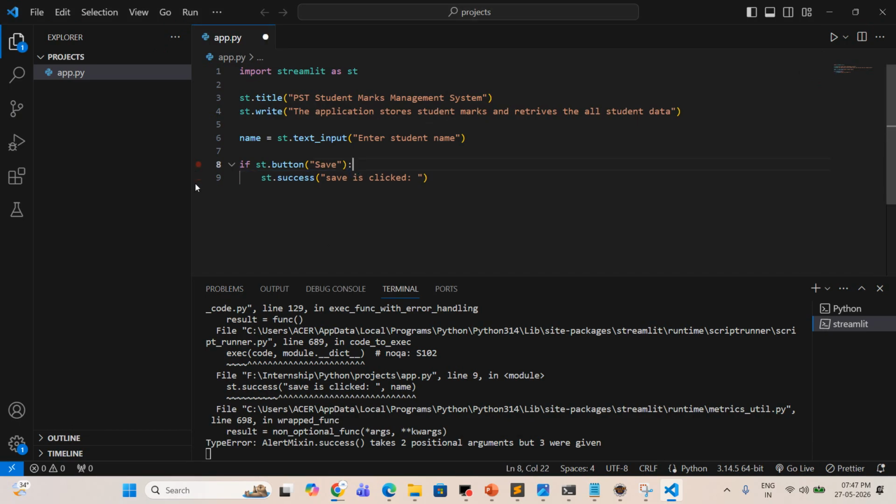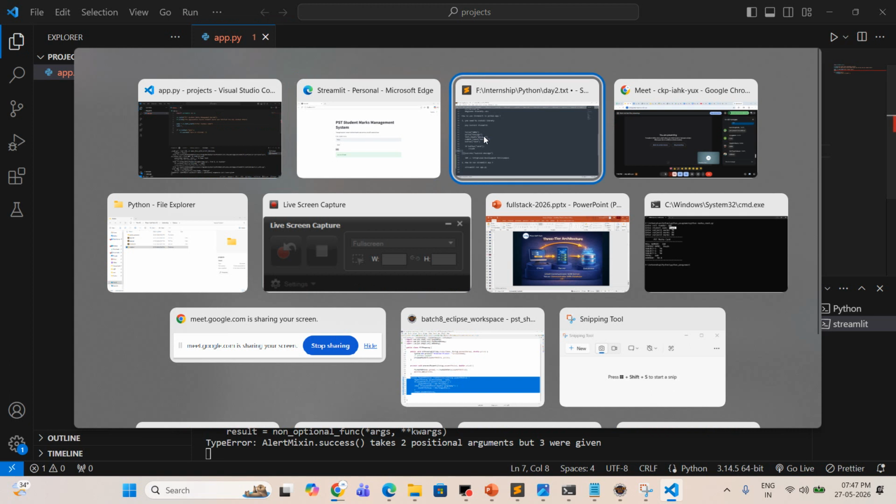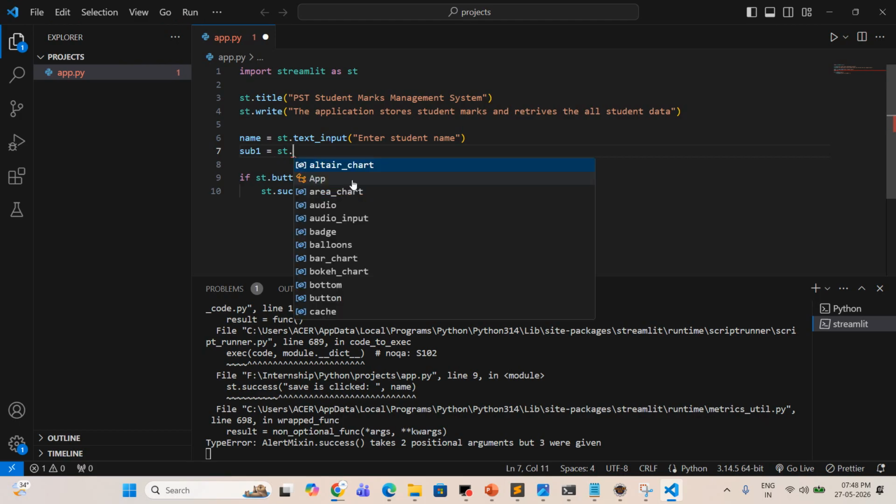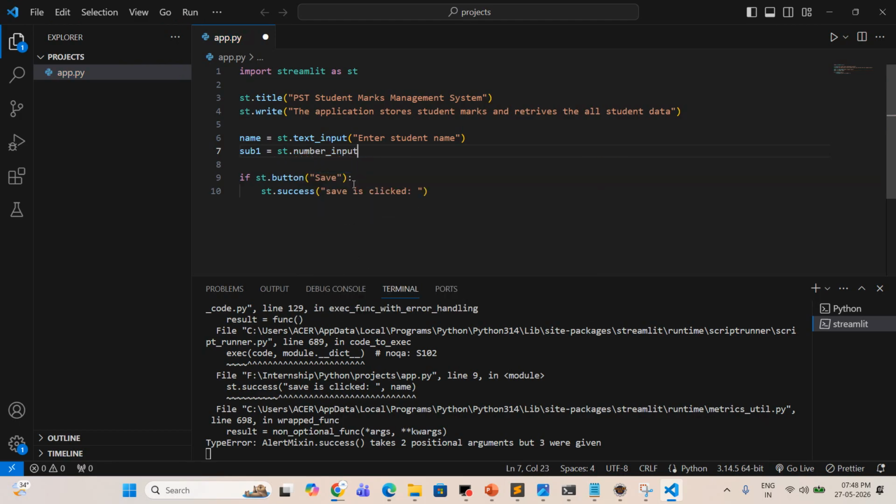Okay, now you understand how to create a button, how to click the button, and the event is captured, and how to create a name like a text input. So now I need subject 1, subject 2, subject 3 marks. Subject 1, so these are integers, right? So what we need to do, if it is an integer, you need to take number input. Okay, let's see. st dot number input of